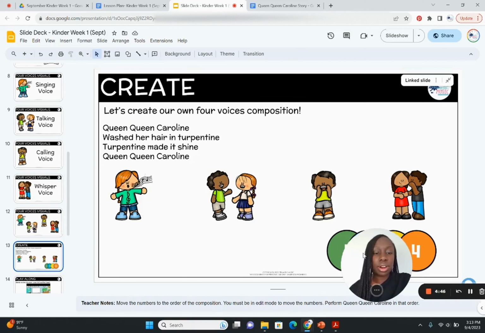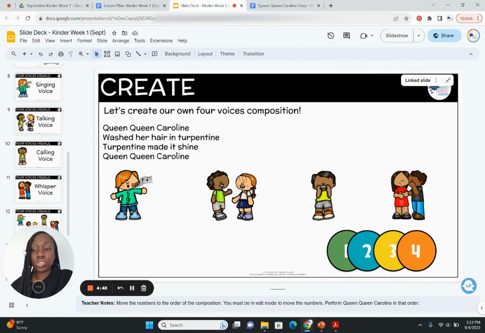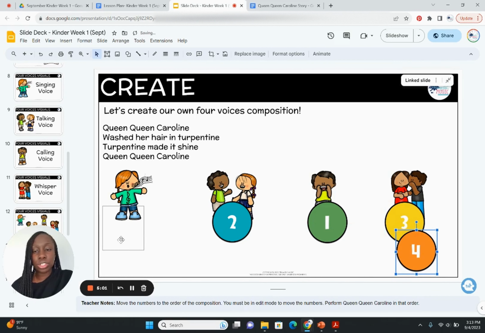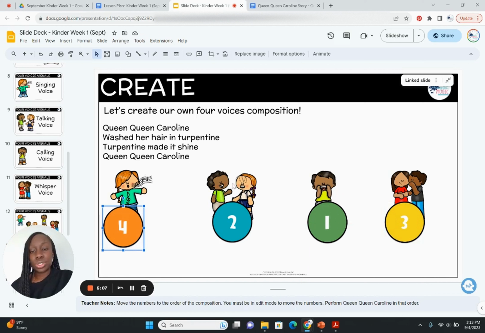Over here, they are going to create their own four voices composition. You would just drag these numbers to the voice that you want to use. For this one, you do your shouting voice or calling voice first, then your talking voice, then your whisper voice, then your singing voice.